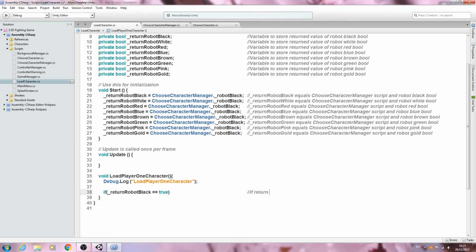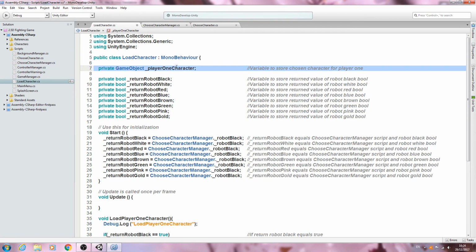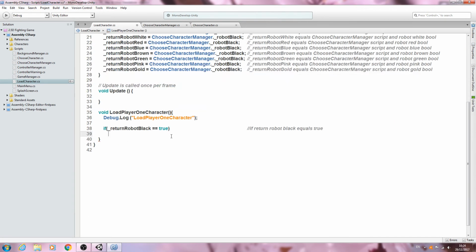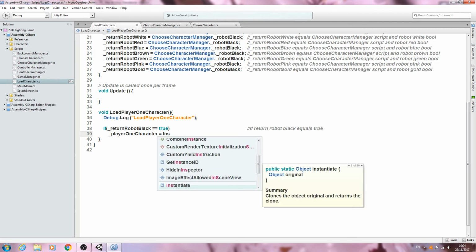If returnRobotBlack equals true, let's come to the next line, and that's why we created this variable here, because we need to call that variable in order to load the correct character in. So we say that the player 1 character, we're going to say it's going to be equal to instantiate